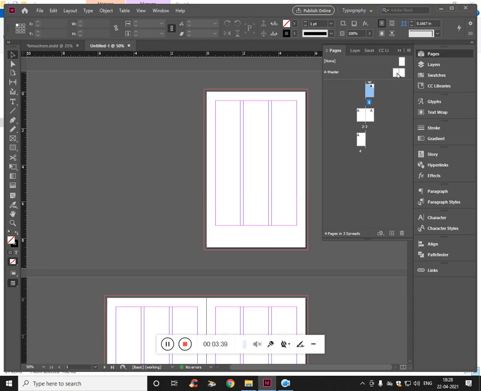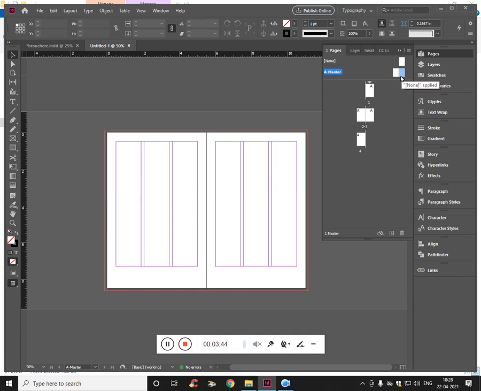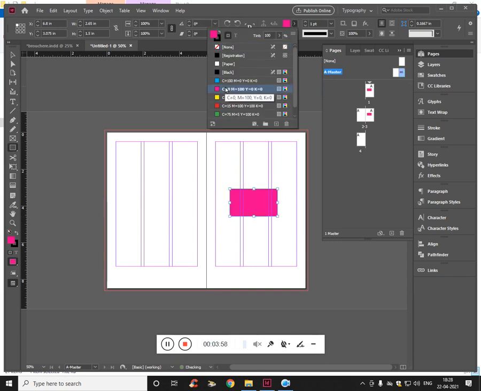So let's draw something to show you what it actually does. Let me draw a rectangle, and let me make the color of the rectangle some pink. I have added this on the master, and this is applicable on the right hand side of the pages.